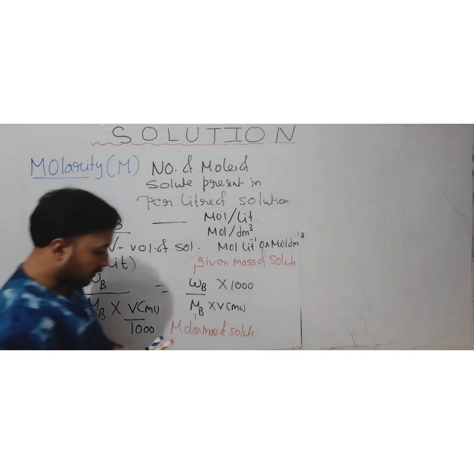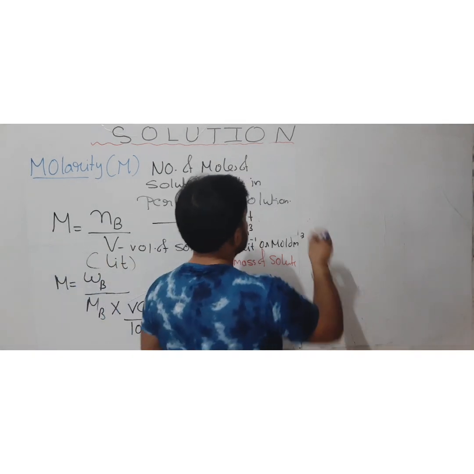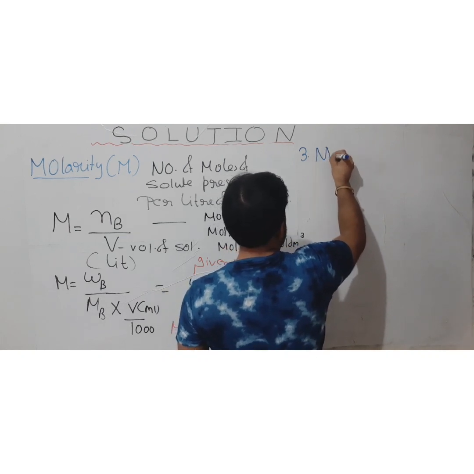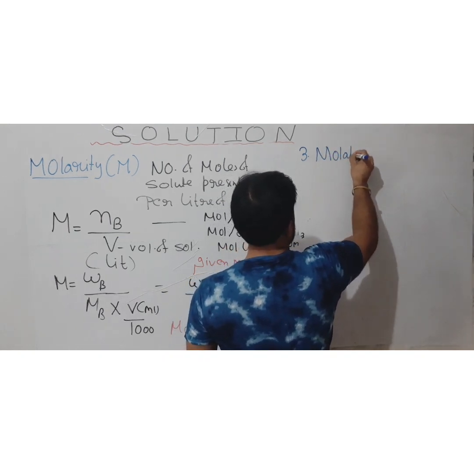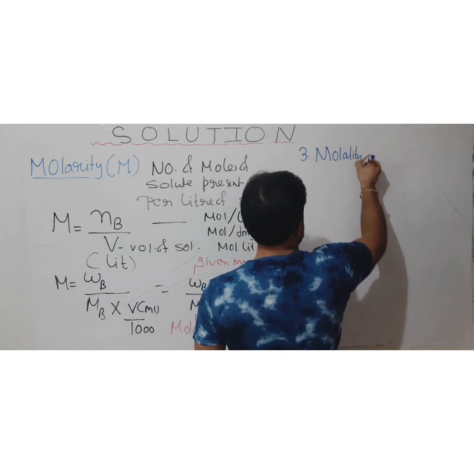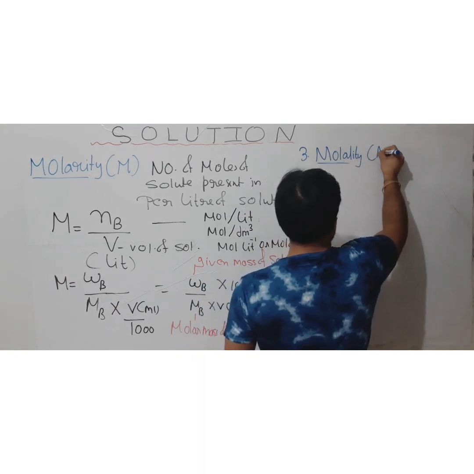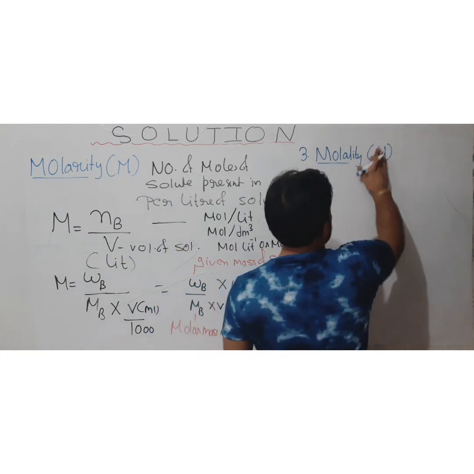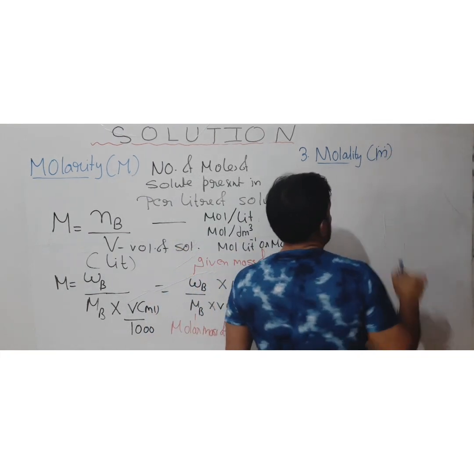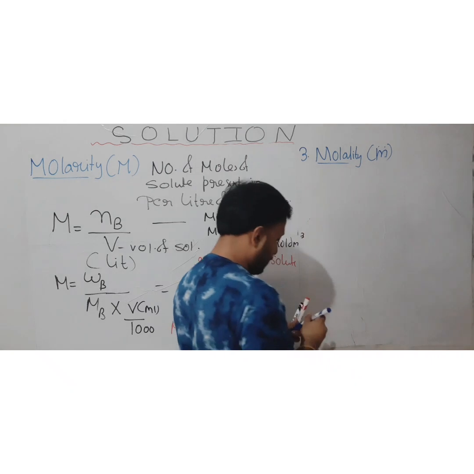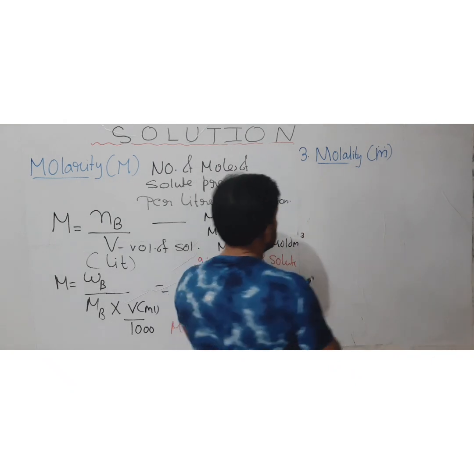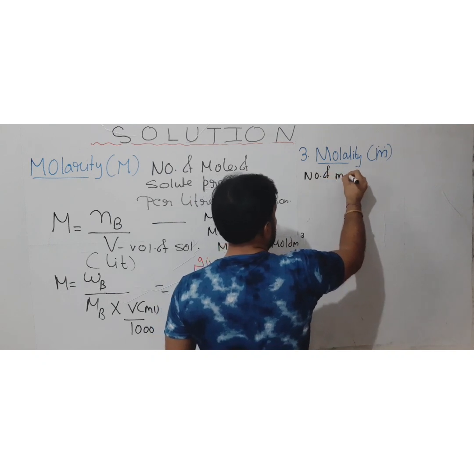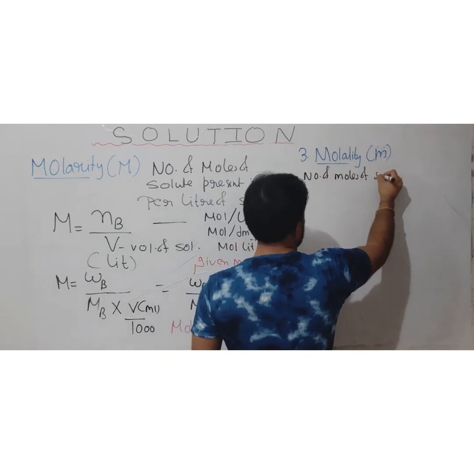Now we move to the next term, that is the third term, molality. Okay, molality. Molality is represented by capital M. Okay, so sorry, not capital M, small m. Molality is represented by small m. Now what is the definition of molality? Molality means that number of moles of solute